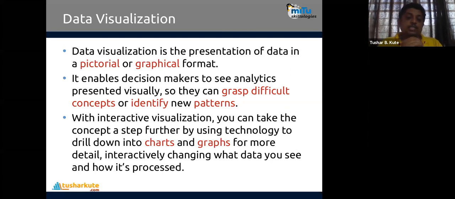And the second is that whenever you're going to do a project of data analytics, and you have to present the analysis of that particular data to the client, they will better understand the data visualization technique. By visualization, by graph, they will understand. They will not understand mathematically. You will tell them, yeah, mathematically the concept is like that, what I have done, this is my input, this is the output, and that's what I got. But if you show them practically in graphical format, that will create more impact on the clients.